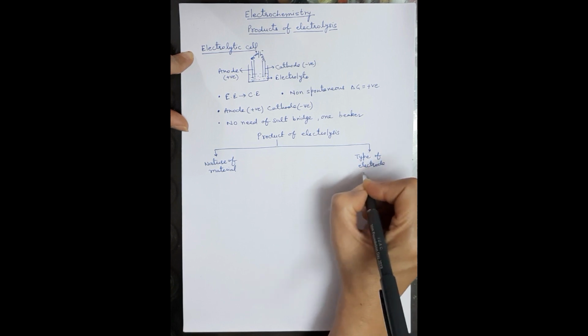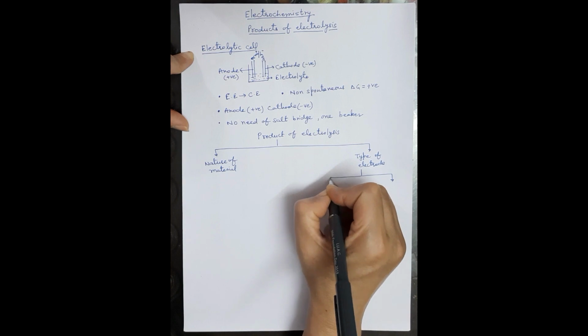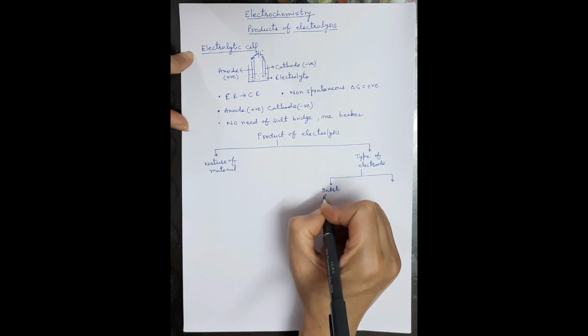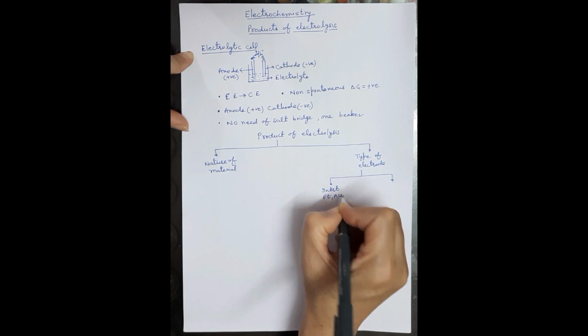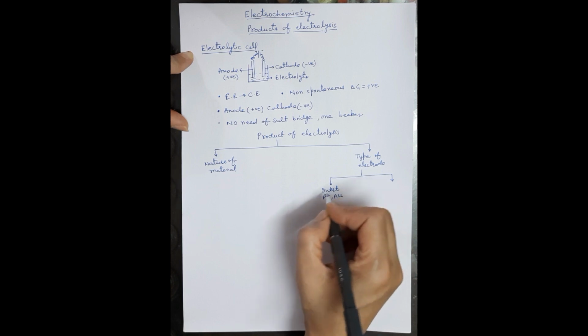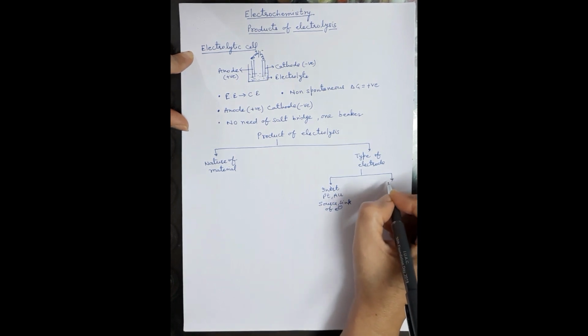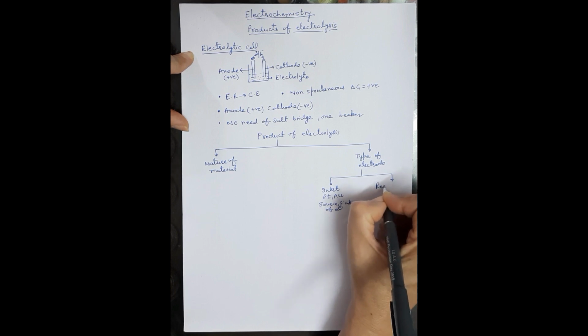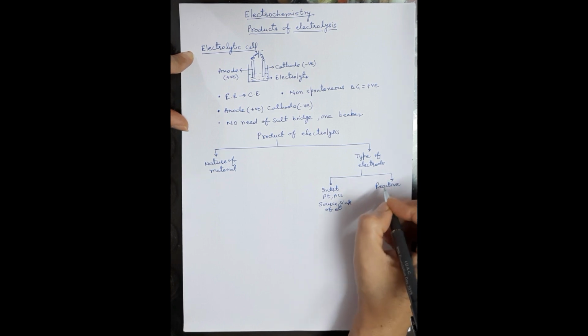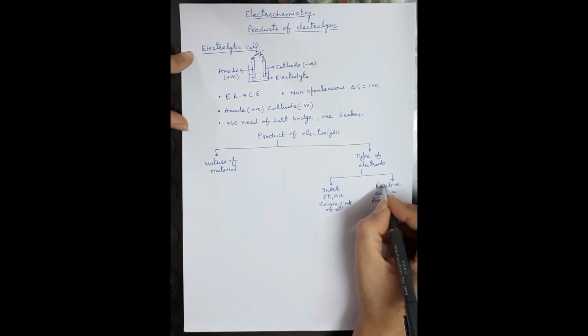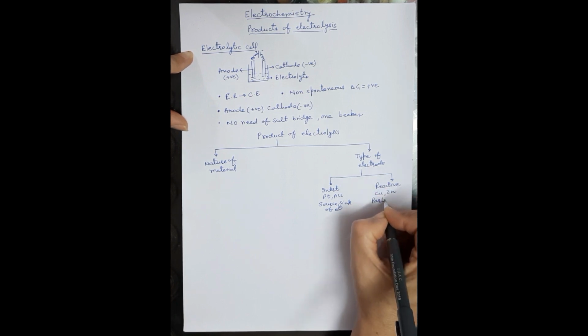What do you mean by type of electrode? Electrodes are of two types. One is the inert electrode, like platinum or gold, which is very inert and does not participate in the reaction. They are just acting as the source or sink of electrons. Whereas in the other case, a few are very reactive electrodes. It may be copper or it may be zinc, so they also participate during the reaction. So the product formed also depends on the type of electrode.